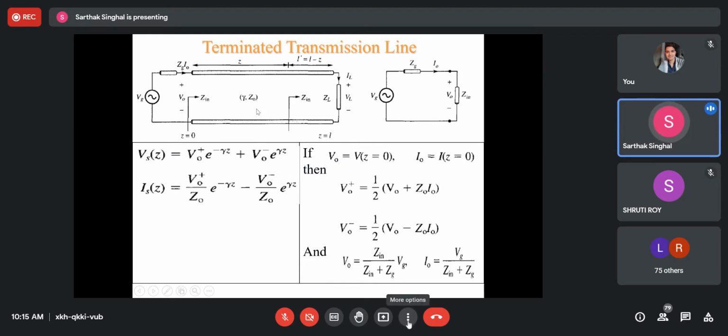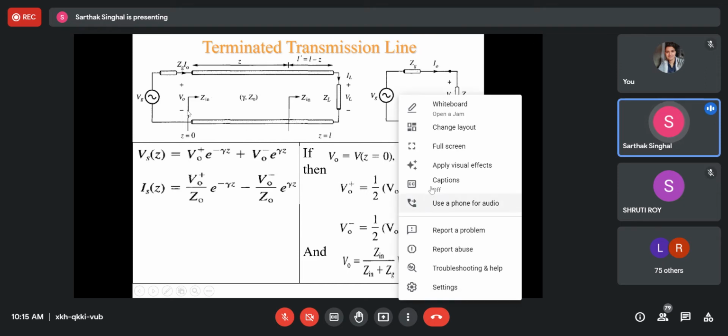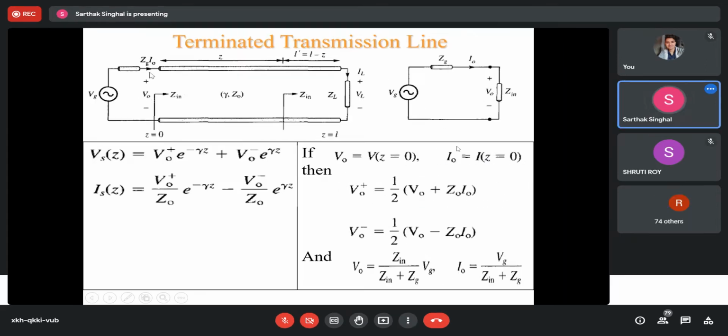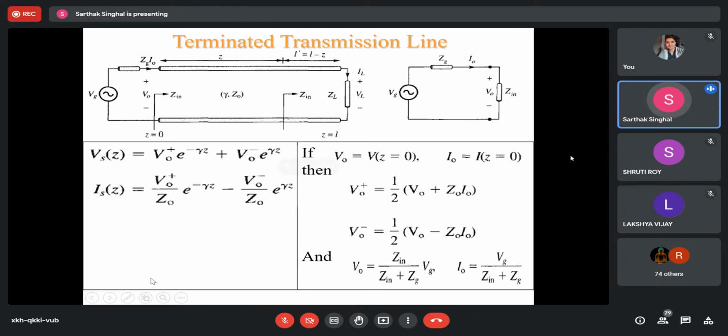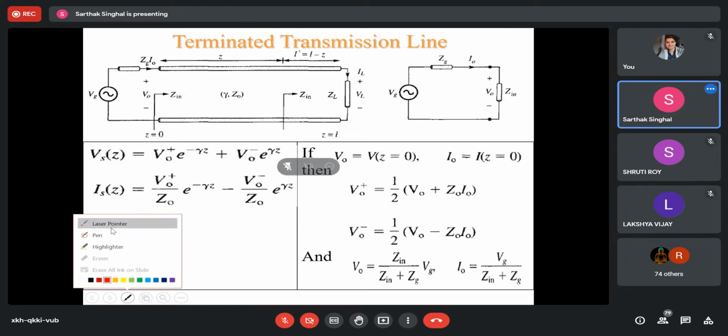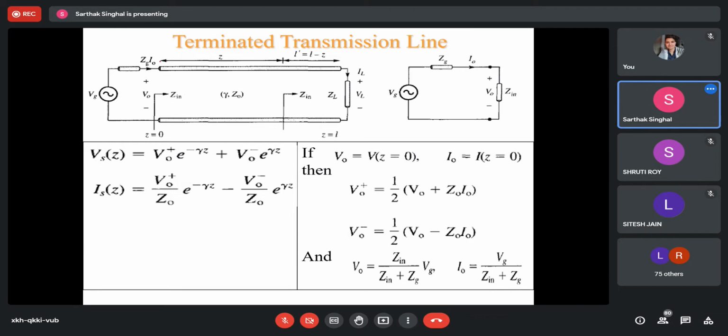And now if we are given with the values of the voltage and the current at the source terminals, that is at these two terminals where we are connecting the source. So if these two values are given, that is the voltage and the current, that is V0 and I0, how to characterize these two parameters, that is the amplitude of the forward propagating wave and the amplitude of the backward propagating wave,